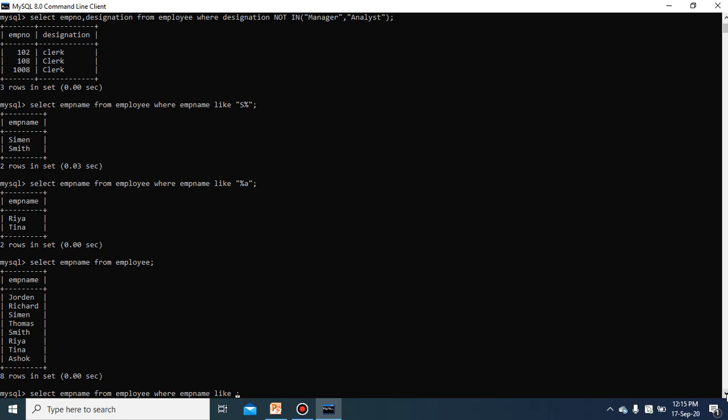What I have told, second letter means the first letter can be anything. So for the first letter you will provide the underscore. The second letter must be I, as you can see for Richard, Simon, Ria and Tina. I am writing here I, and then the rest of the characters can be anything. For that you will press the percent symbol and put it under the quotes.